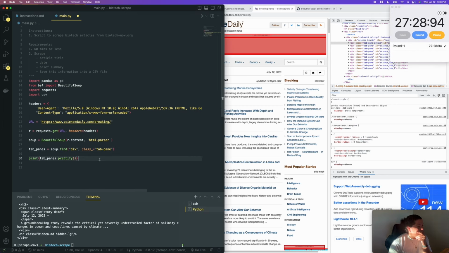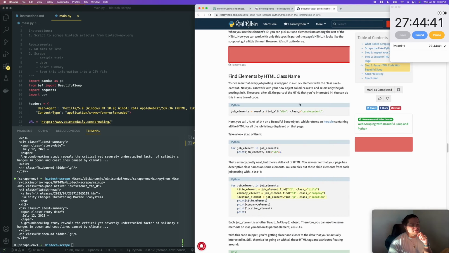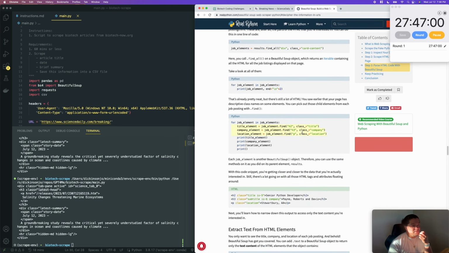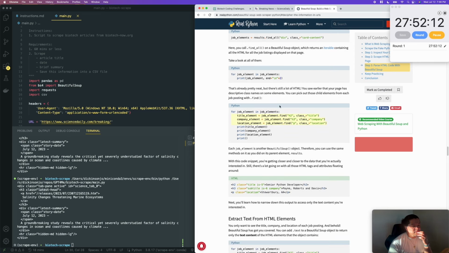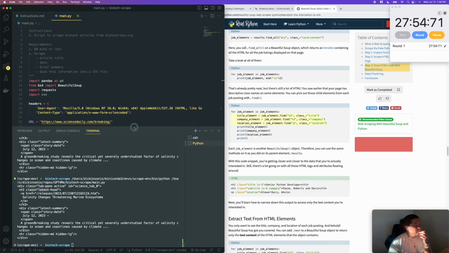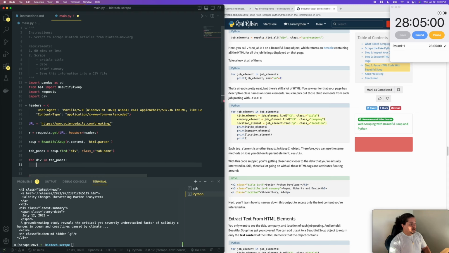All right, I think we're making all right time. And so let's save this. Let's run it. All right, so we have tab-pane active, ID equals, okay, latest head. So now that we got this, can we iterate through it for job element and job elements? Let's see what happens if I for div in tab-panes print